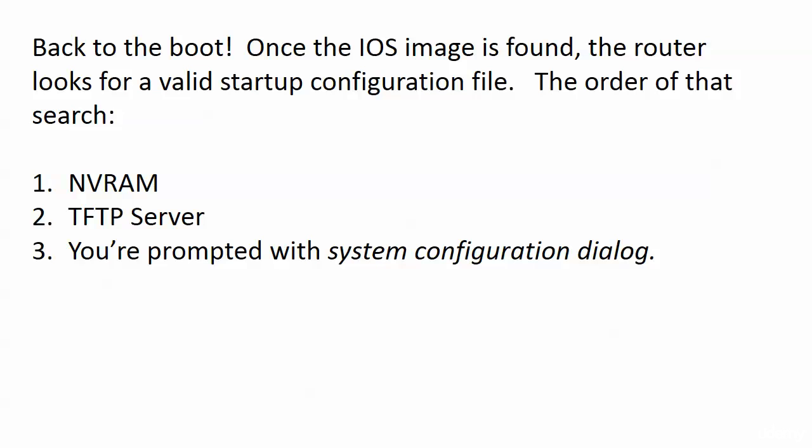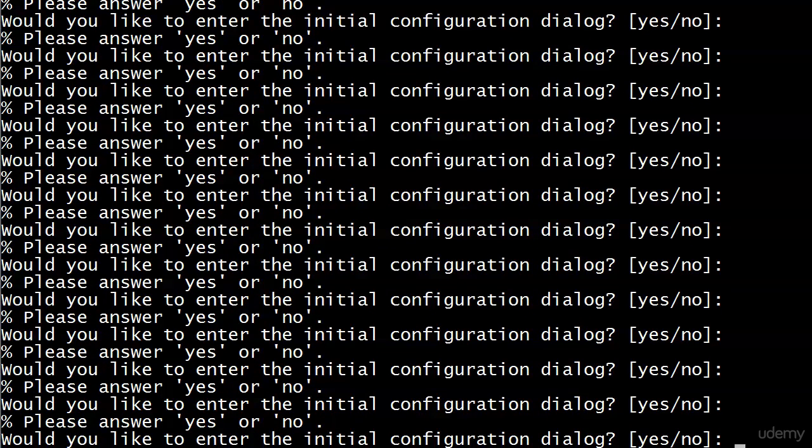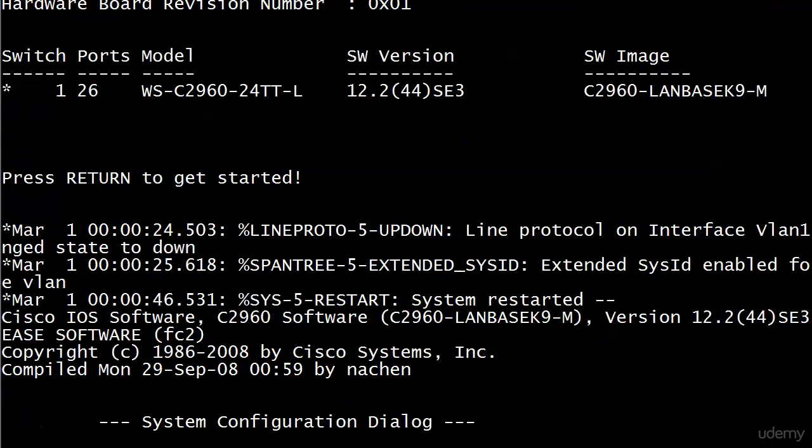Now, the switch that we're working with here didn't have a startup config file because I erased it from NVRAM before I reloaded the switch. So what's it going to do finally? Cover your eyes because I think this question is going to be up here about 30 times. Yes, here it is. I will go up to the top and show you that it's going to tell you